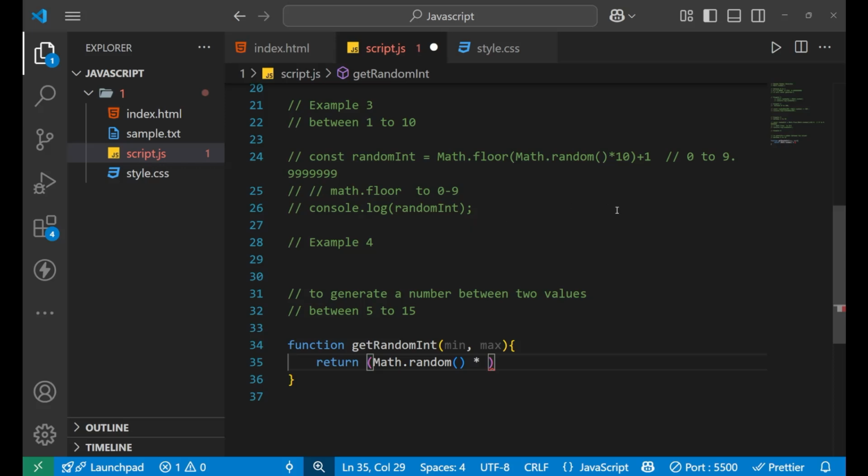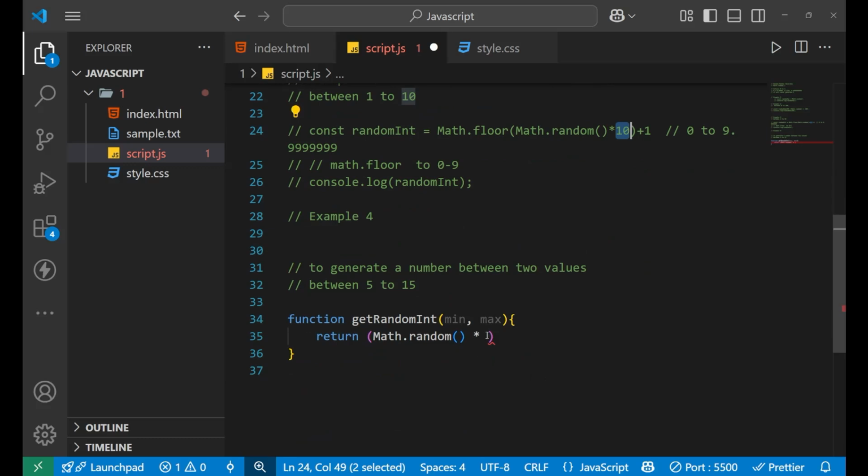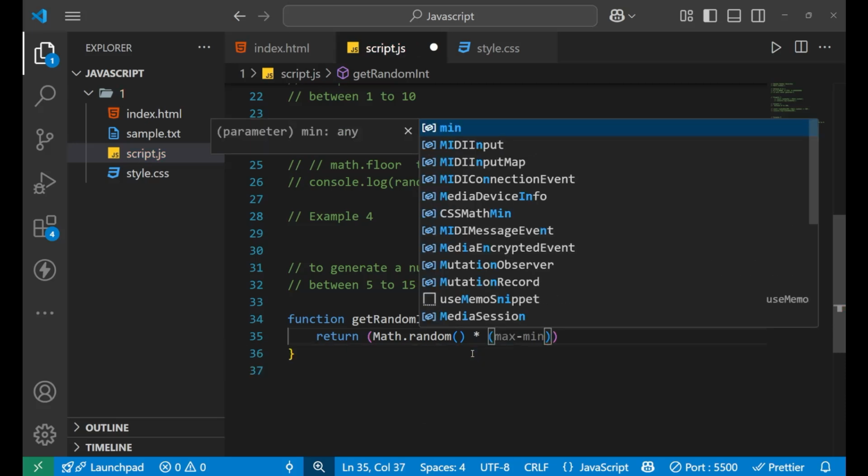Now let's multiply this number with what? What we were doing earlier. We were multiplying it with 10, we were multiplying it with 100. That was the maximum value. But when we need a number between two values only, in that case what we do is we will write max minus min, right? Max minus min will do what?